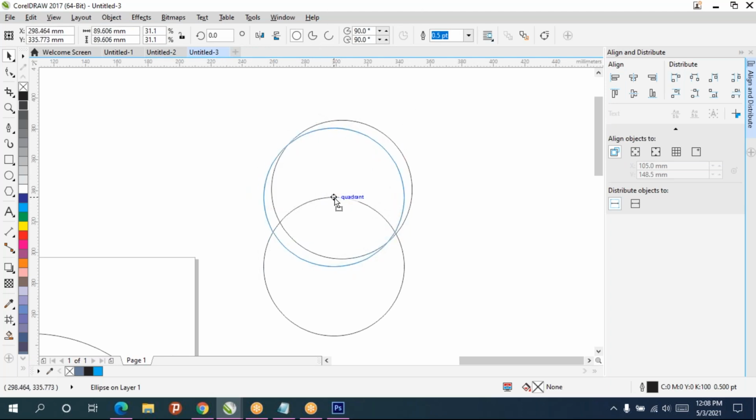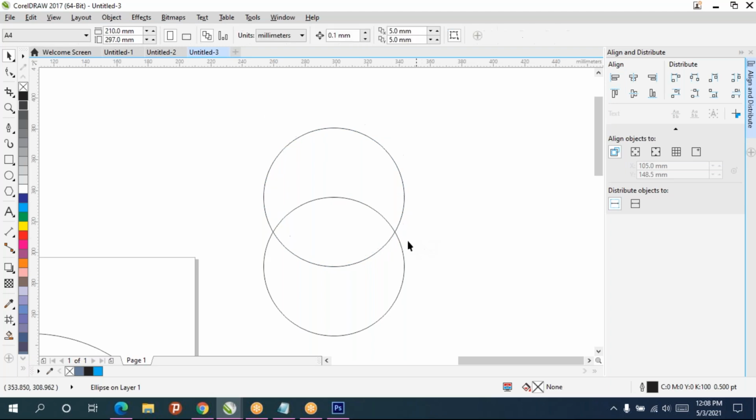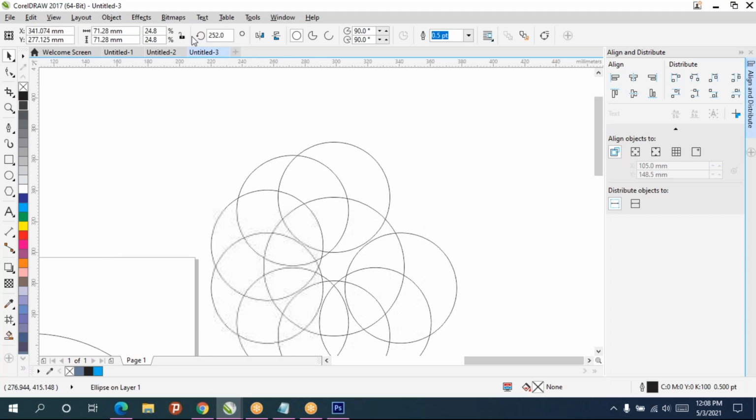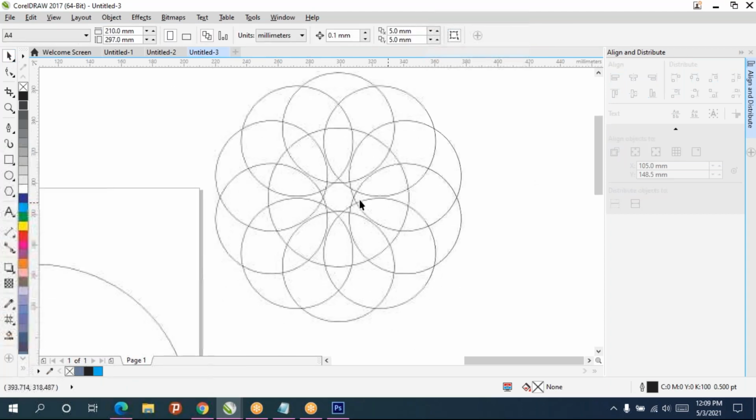So what we'll do, a little bit will reduce the size of this. Press Ctrl D, exactly place it in the quadrant. Once again, you move this point to the center of the circle and give rotation around 36. Then press Ctrl D. Now I'll select the big circle and delete it.